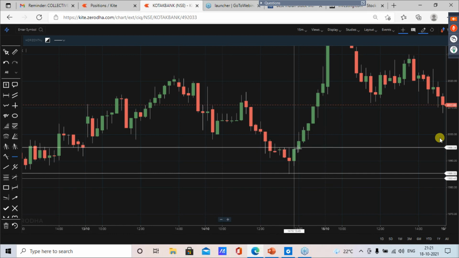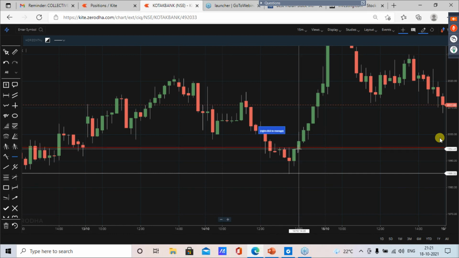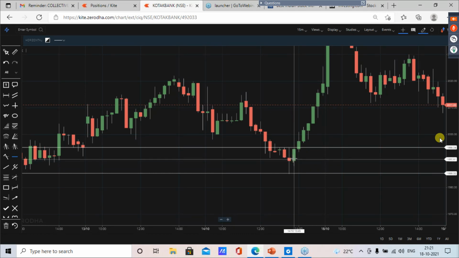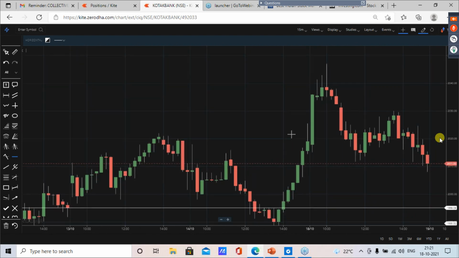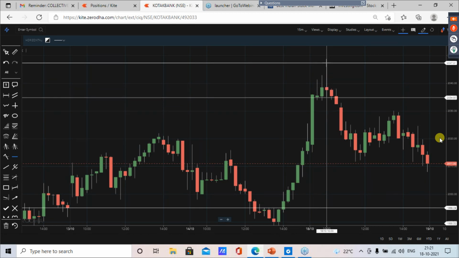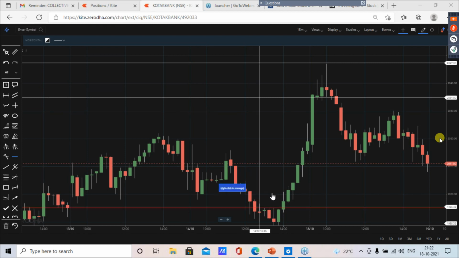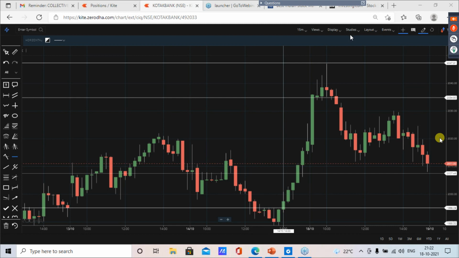We need to mark the high and low. Once the high is broken, we're going to get a brilliant move, because first of all, it is a powerful inside bar. So once the high was broken, you can see a brilliant move upward. As the market went upward, we have an inverted hammer. Whenever you have an inverted hammer, you should exit your buy trade because we know the market is going to fall. Once you have an inverted hammer, you just mark the low and high of it, and then you can take the other trade. So, Shivaji, once the high value is broken, you can enter the trade. You don't have to wait for confirmation.